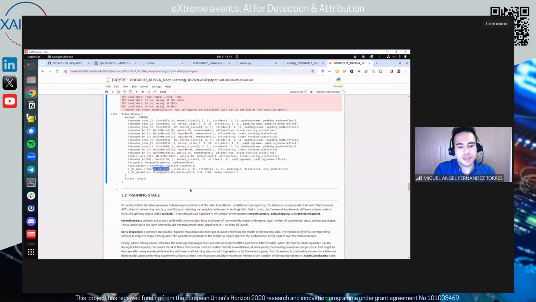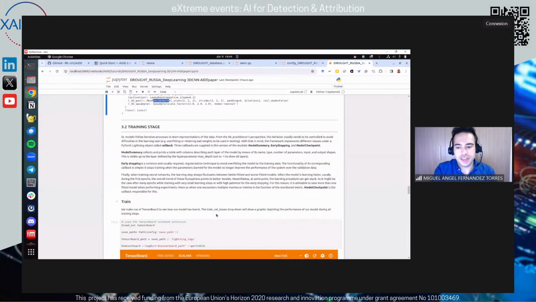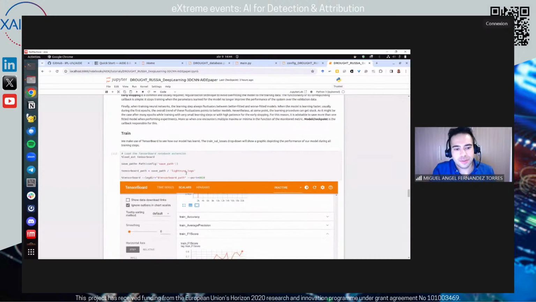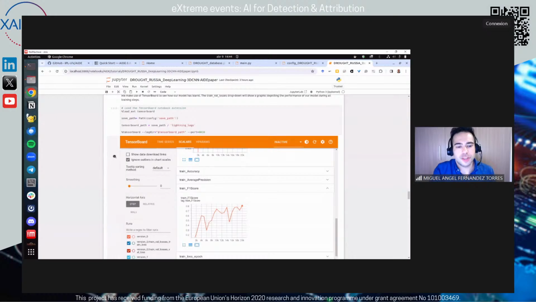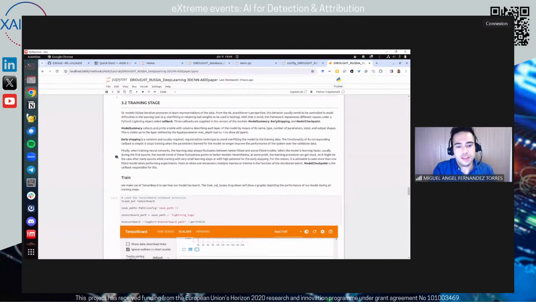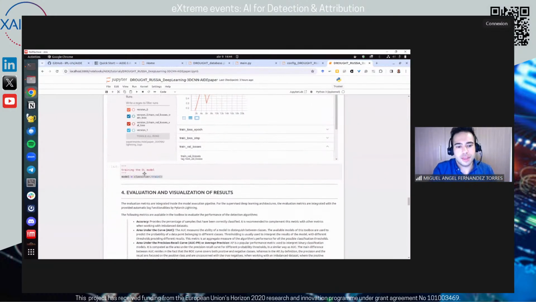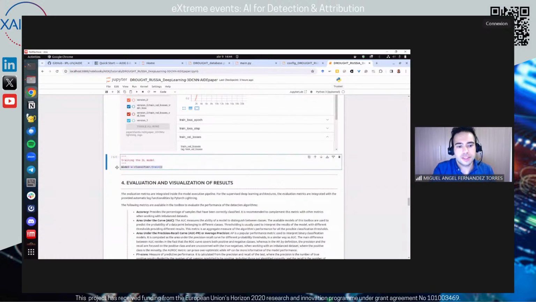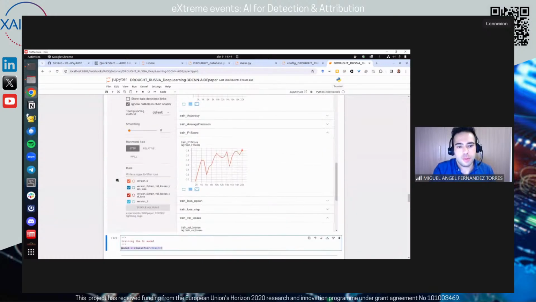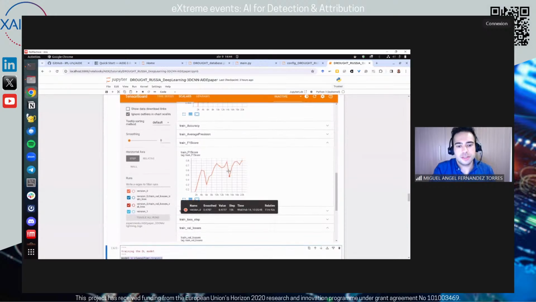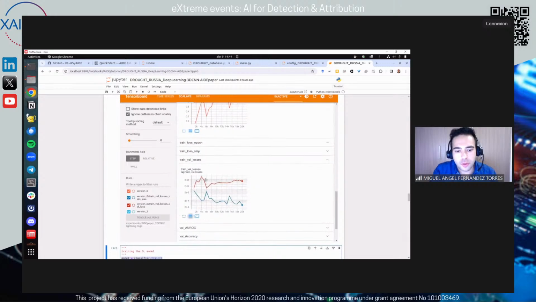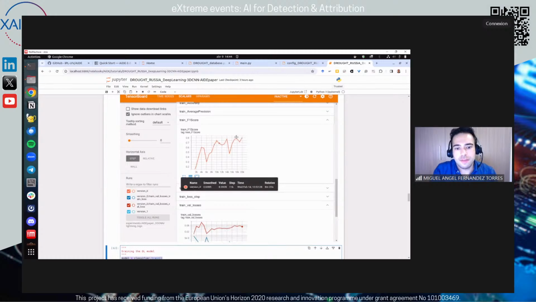Once we have implemented the model, we come to the training stage. And in the training stage, we see also here the TensorBoard extension for monitoring the different metrics. The model has been already trained, so we can see some statistics or some metrics. I'm not going to execute the training stage now, but thanks to the interface, during the training process, we are capable of monitoring how the training and validation losses evolve through the different epochs,